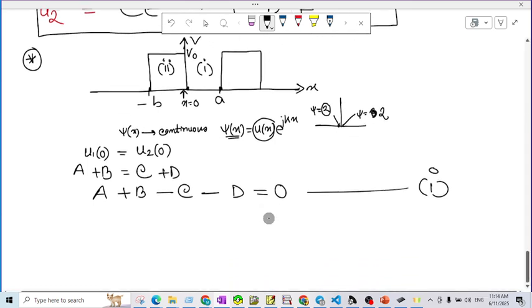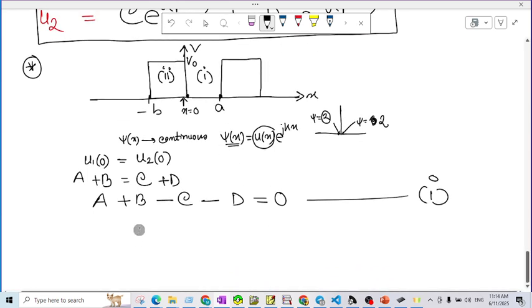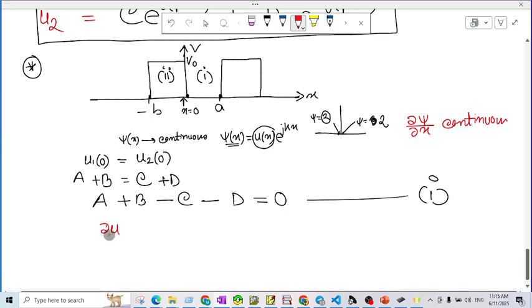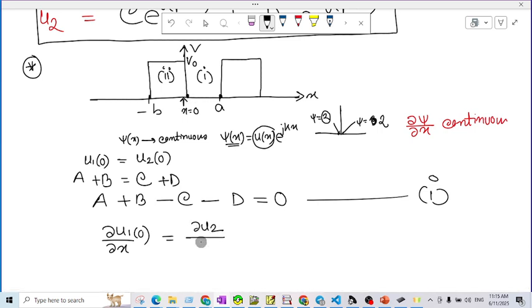Now it's okay. I have to do another thing. At this point, as psi x is continuous, another property we have is that delta psi by delta x is also continuous. That means just at the left point of x equal to 0, we will have delta u1 by delta x at 0 equal to delta u2 by delta x at 0, right? That means now we have to differentiate